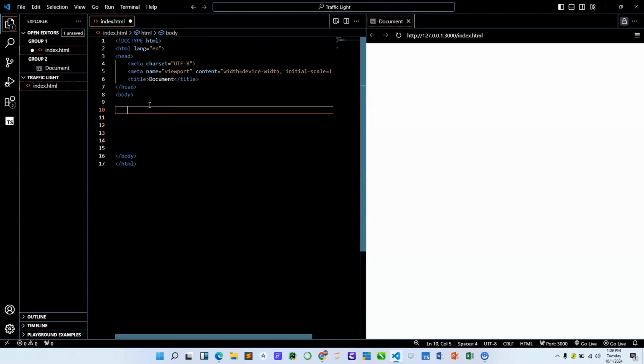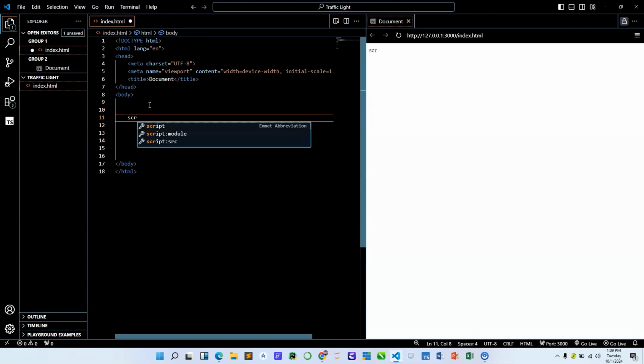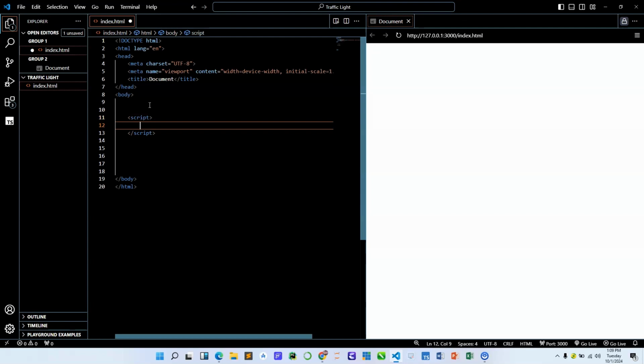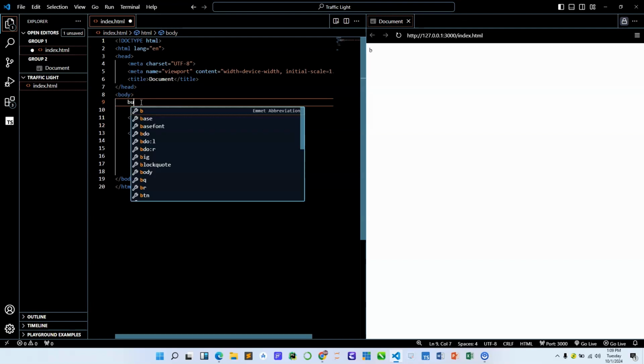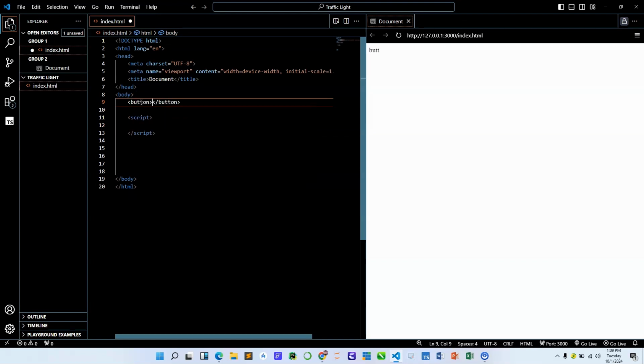Okay. Now within the body tag, I want to put in my JavaScript. To put in my JavaScript, the next thing I want to do, before I do that, let me just add a button here. Let me add a button and just say add. So inside my JavaScript, what I want to do is to create a variable